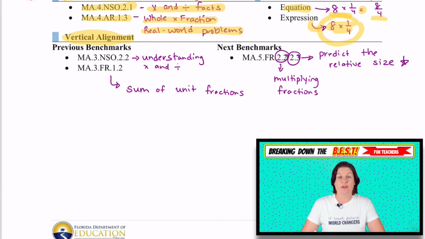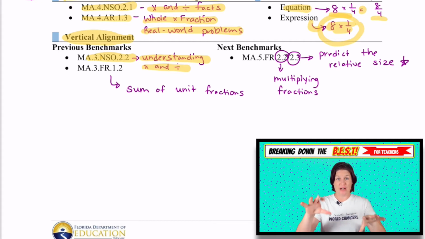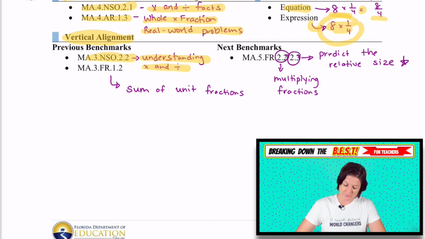Where are they coming from in third grade? Well, in third grade, we had 3.NSO.2.2, which was understanding multiplication and division. Understanding that multiplication was groups of equal things will help students this time when they're multiplying groups of fractions, right? And here,